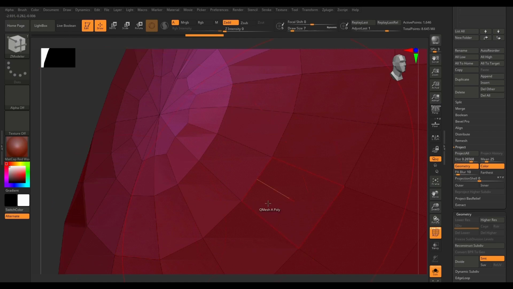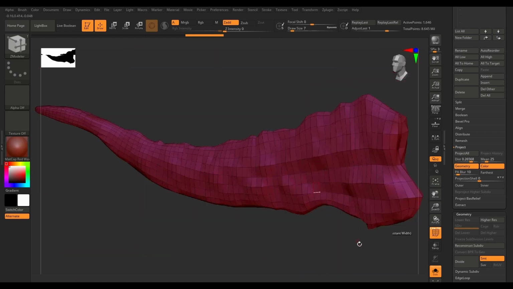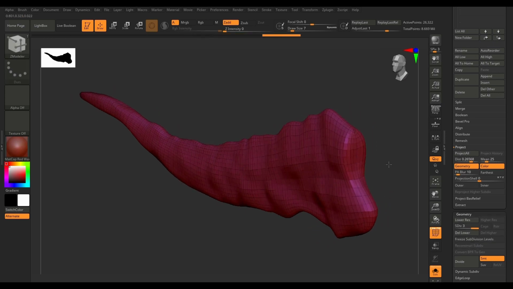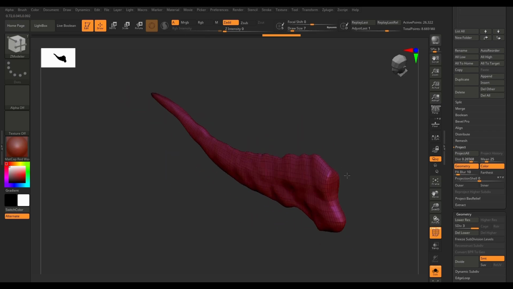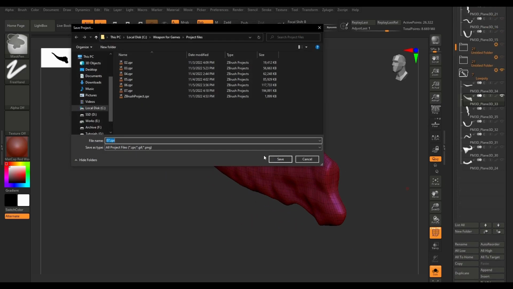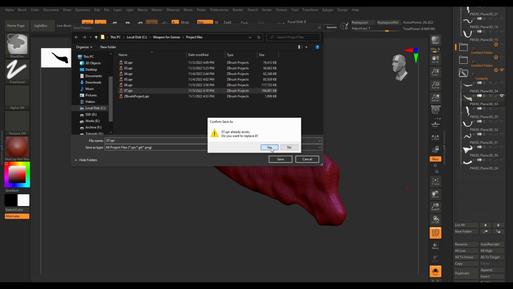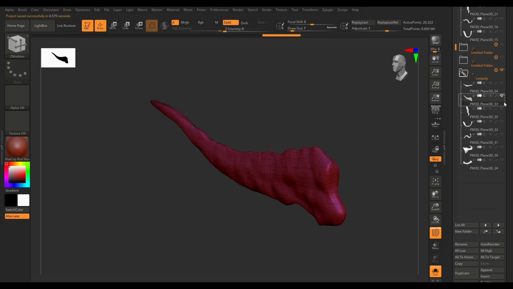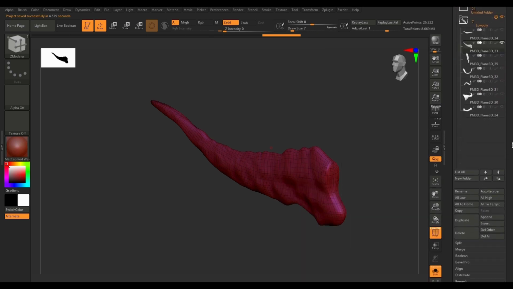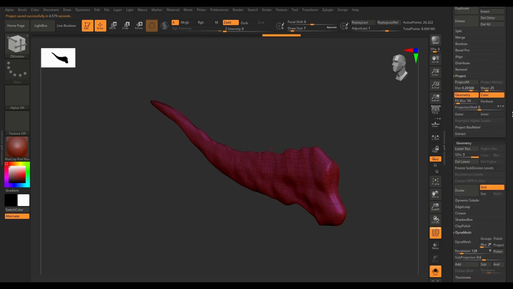All right, now let's add a couple of subdivisions. Control D, Control D. All right. And let me save first. All right, both visible. Select the low poly gum